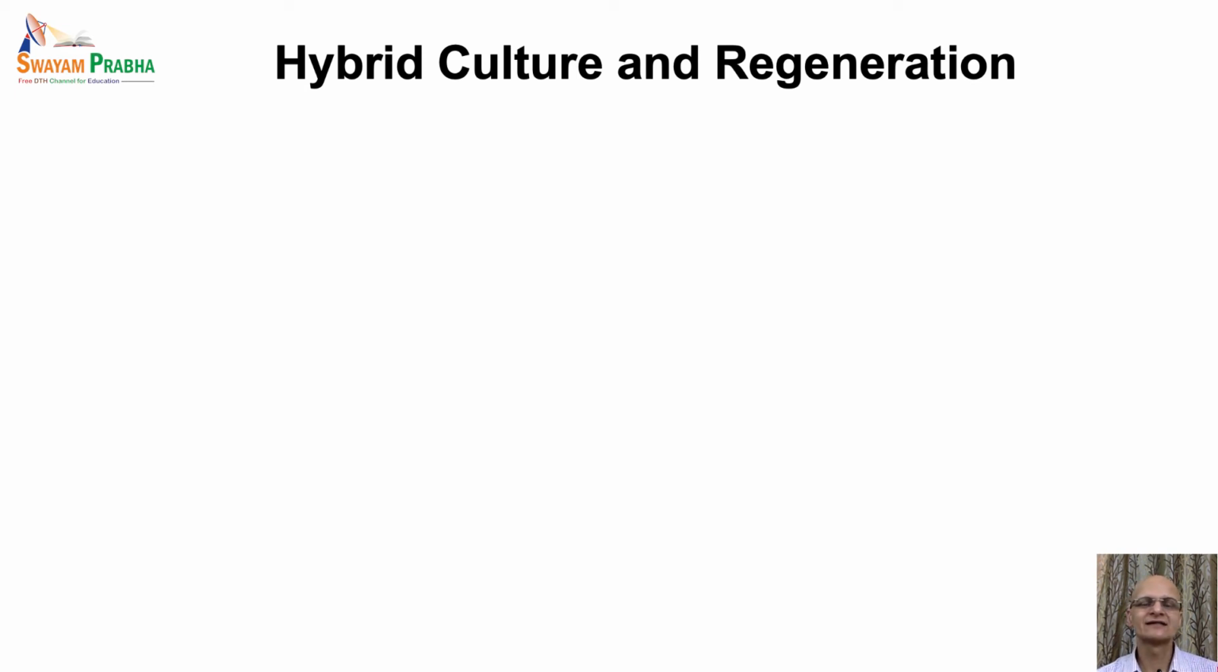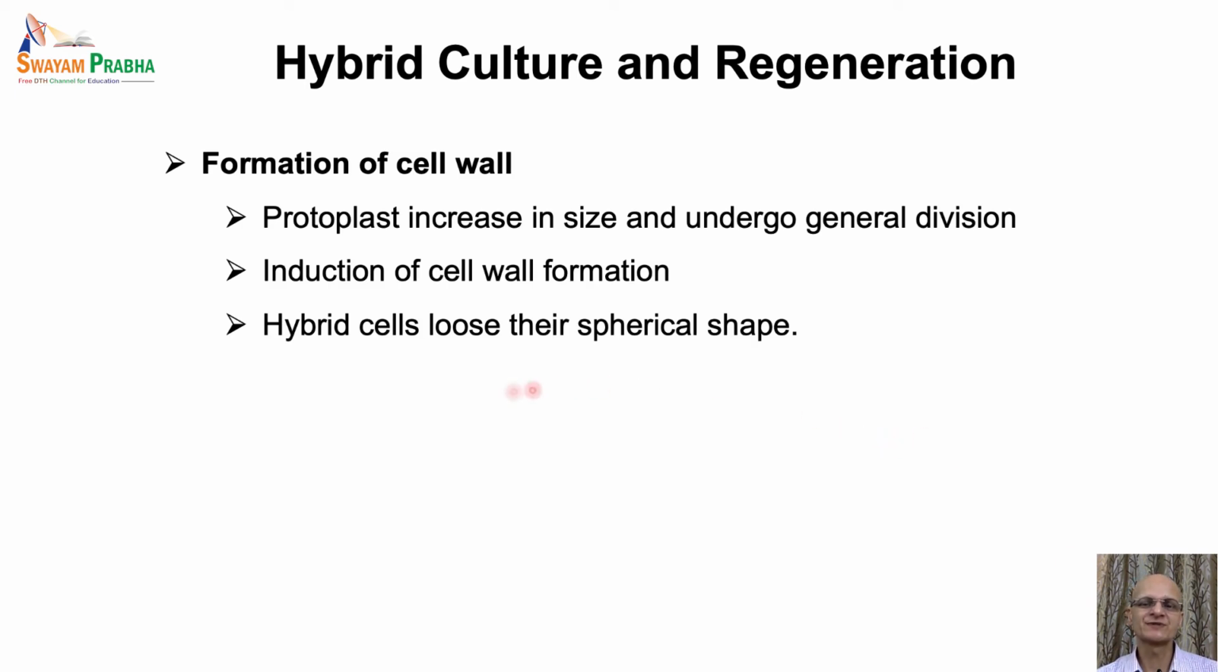The next is the hybrid culture and regeneration. So once the selection has been made to select the heterokaryons, the next step is to culture these heterokaryons and regenerate the hybrid plants in in vitro culture conditions. So the first step is the formation of cell wall around these hybrid protoplasts. Now, before the actual cell division, protoplasts usually increase in size and undergo general division within the first few days, usually